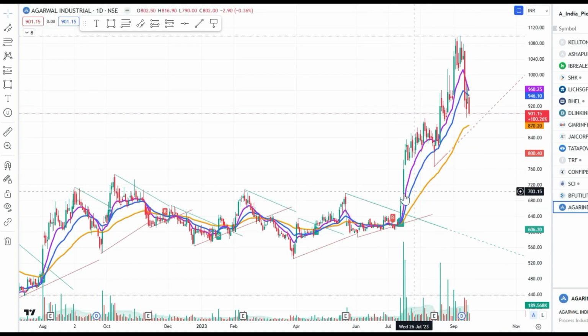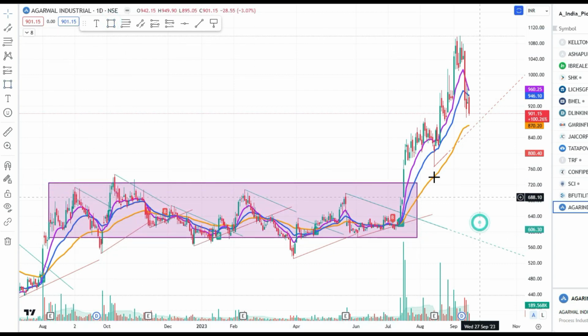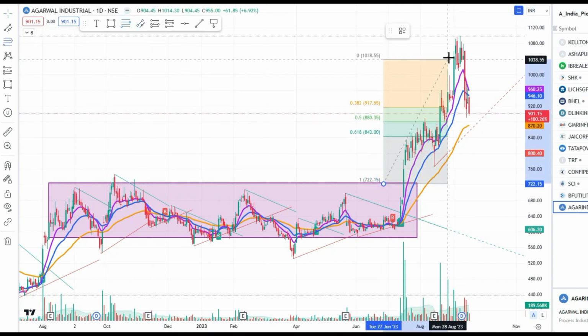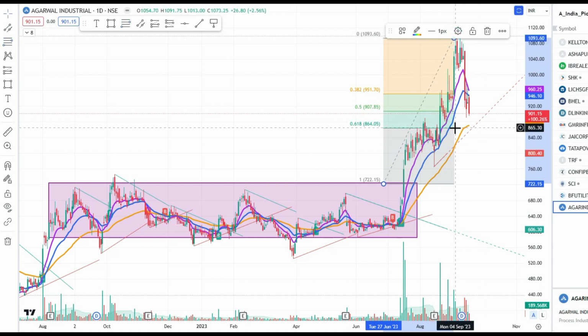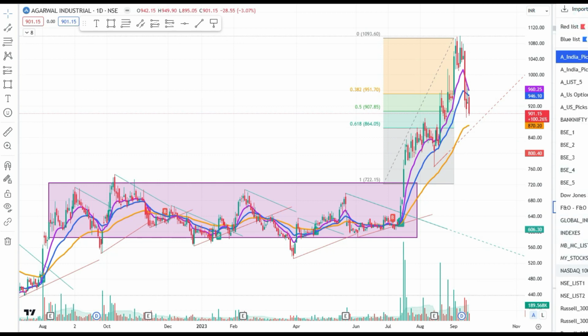So Agarwal Industries, we have been talking about this for quite a while. It is in a base now. Broke out again. Maybe you could have entered here, but never here. Now it is back here. See? And I would enter here, 860 or 870. And that too, it coincides with the 50 period moving average. So something will coincide, and if you are doing trades in small stocks,